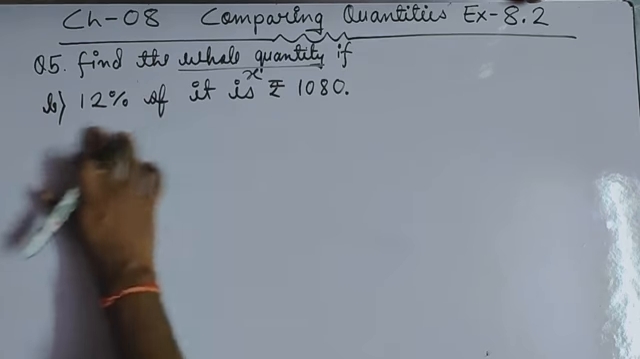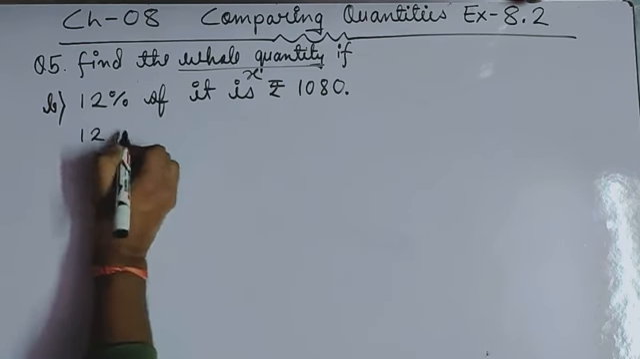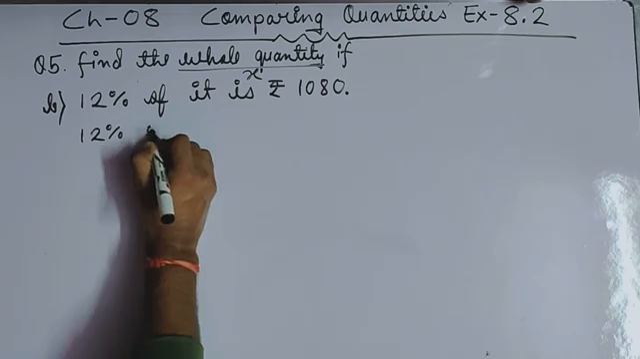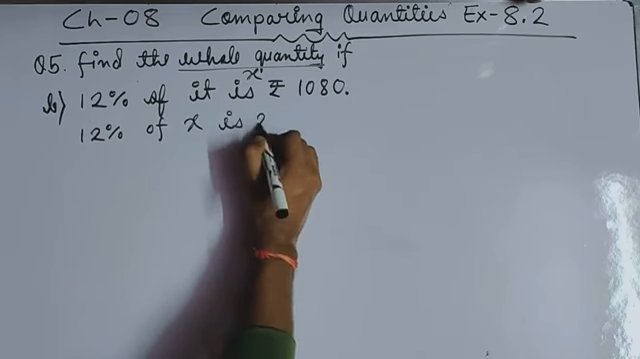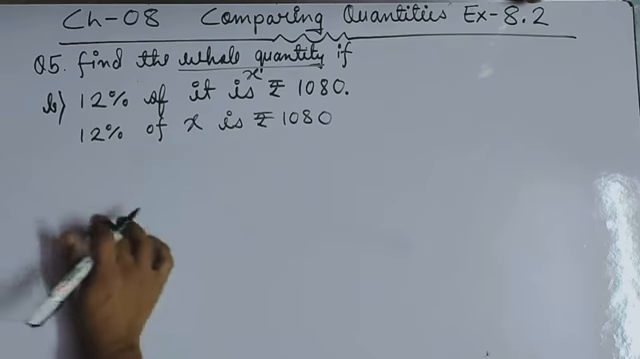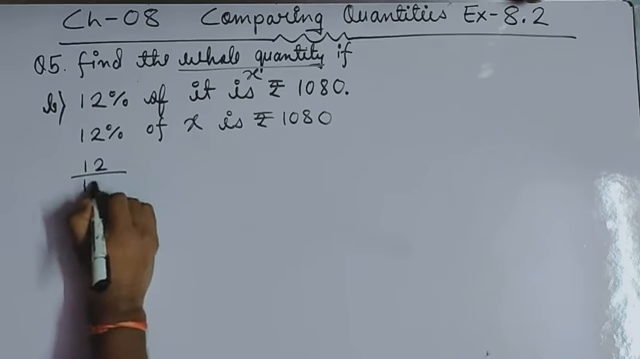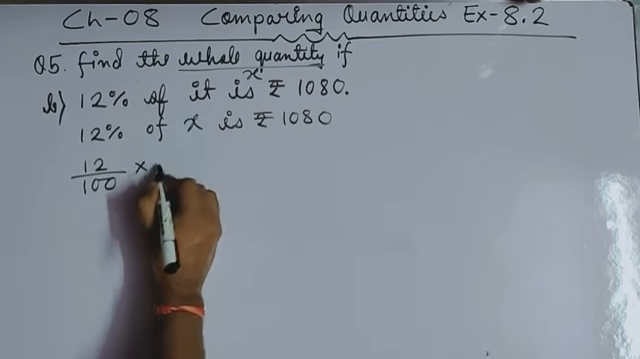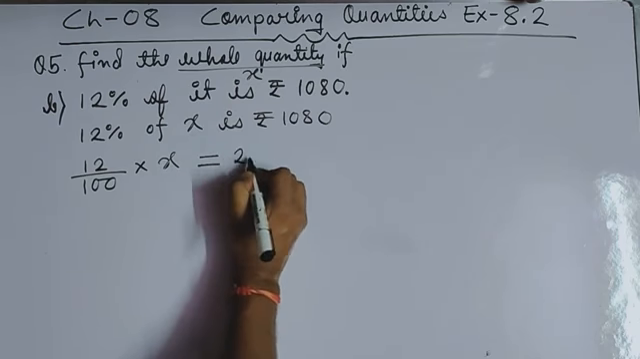1080. So we will convert this expression into mathematical form. First of all, we will write X in place of it. So this is 12% of X is given to you, how much? Rupees 1080. Now we will convert this statement into mathematical form. So this will be 12% means 12 upon 100, "of" means multiply, X remains X, "is" means is equal to, then rupees